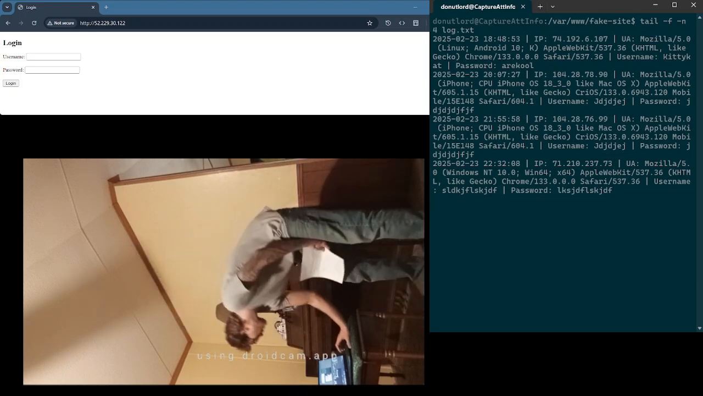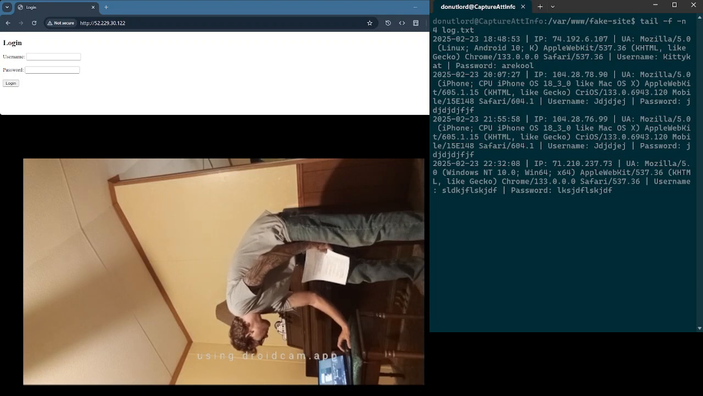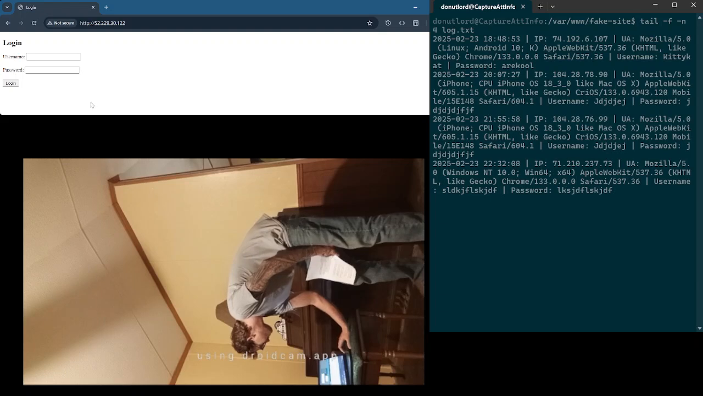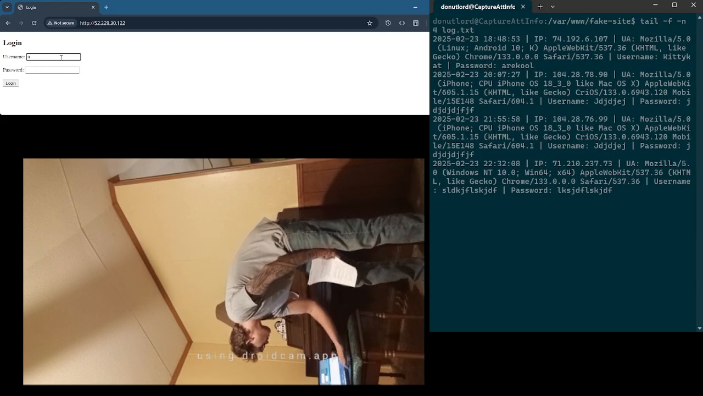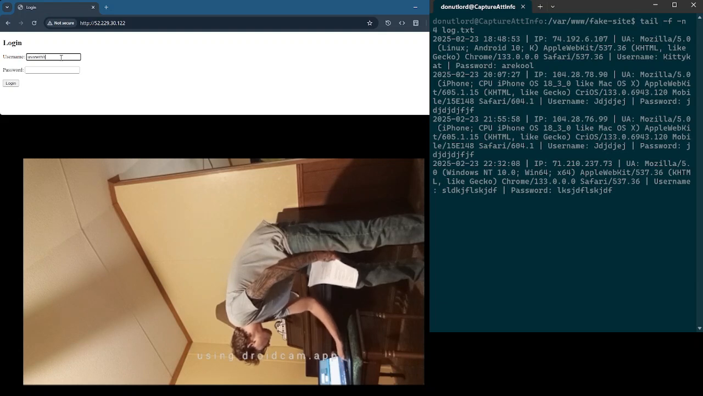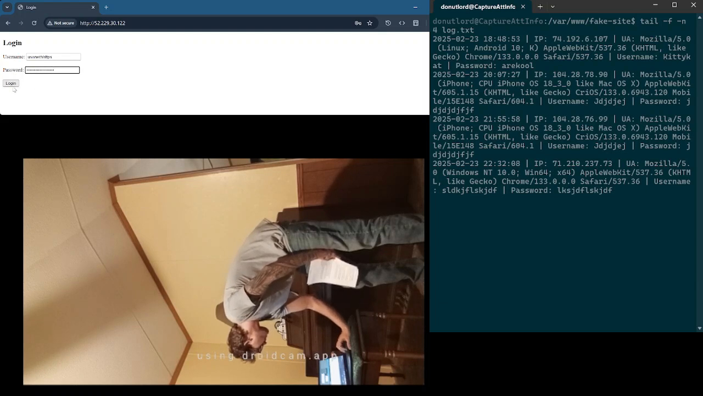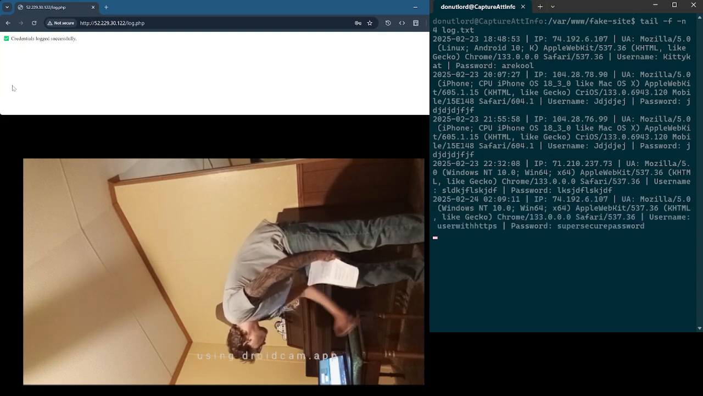Alright, so right quick. Sorry about the need to do this, but now we should be able to see me entering in a username, and I am user with HTTPS, let's just say, and then my password is going to be super secure password. And obviously you can see the characters in the password section being blocked out, but as soon as I hit the login button,